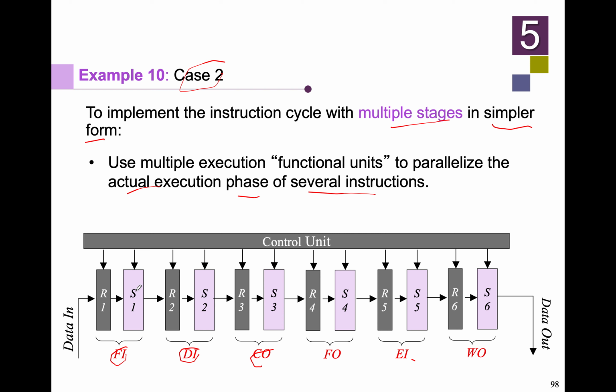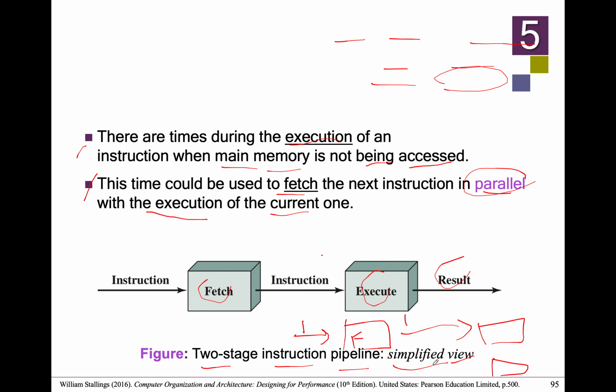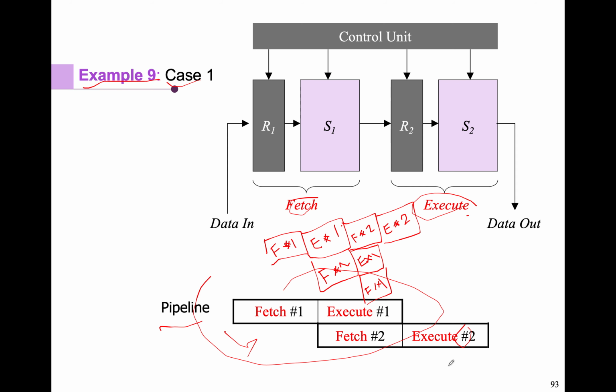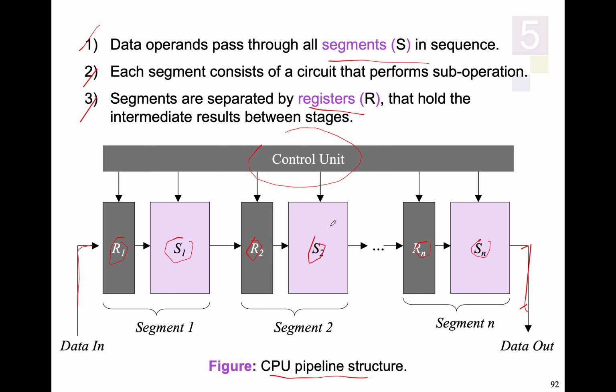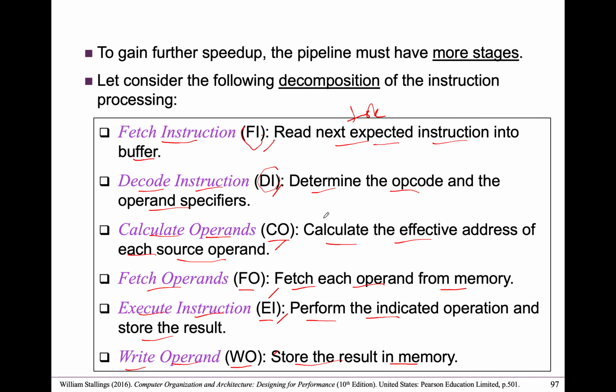You, of course, need to divide it into several segments, segment 1 until segment 6, and each of the segments needs to have its own register. So this is the simplest view. Then you can see it's similar to what happened here. Only that now you need to